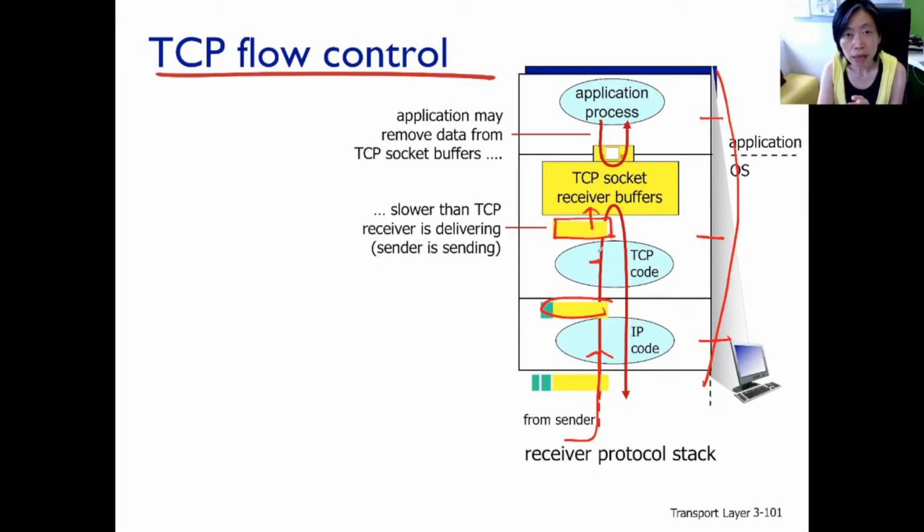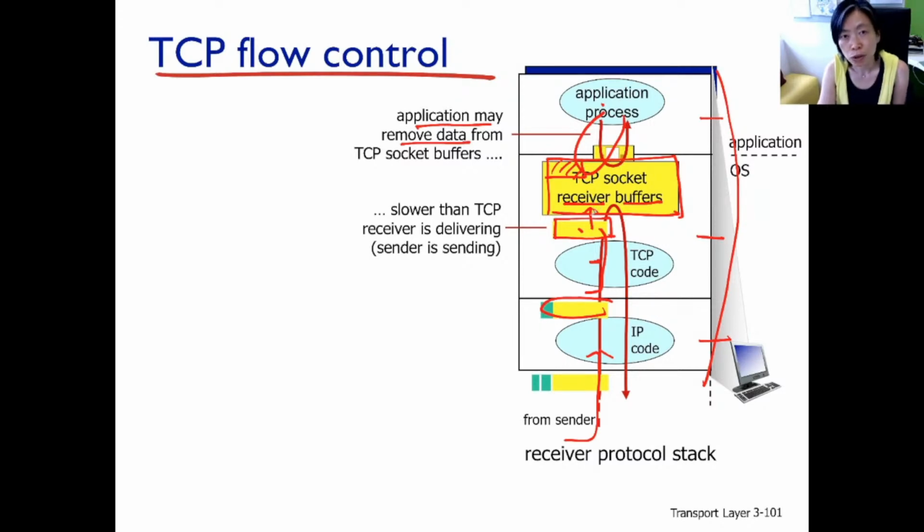What's going on really in the implementation, in the operating system, is this. That data does not go directly to the application layer process. There's this place here called the receiver buffer. So the packet being extracted is actually temporarily stored here, waiting for the application layer process to fetch it. The application layer process is going to remove data from the receiver buffer, just like the TCP receiver here is going to push more data into the receiver buffer.